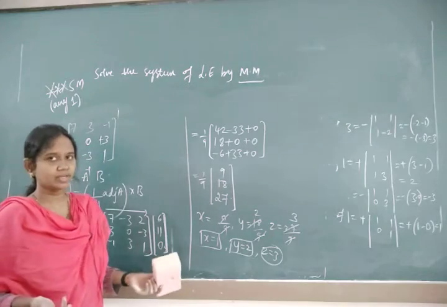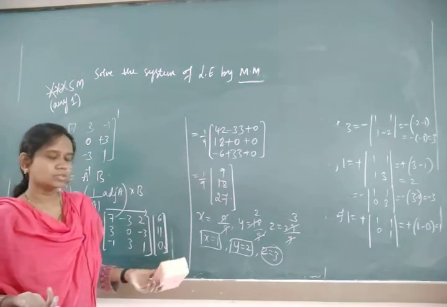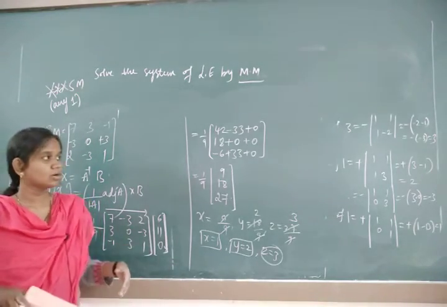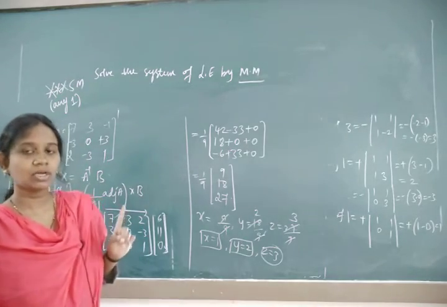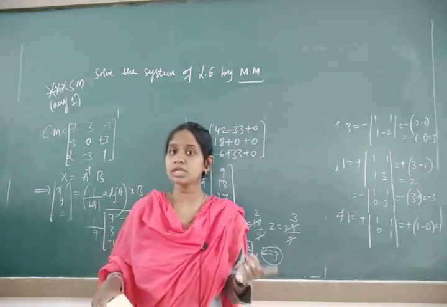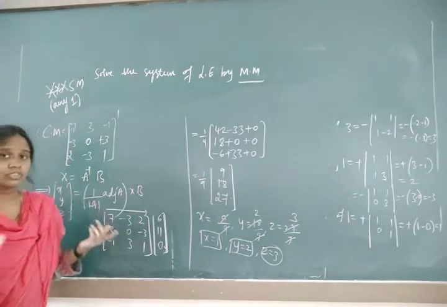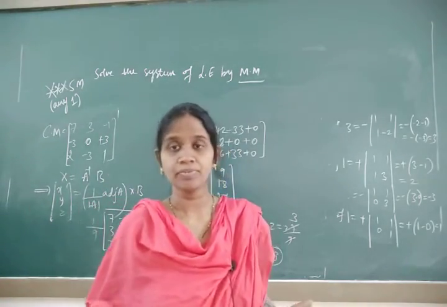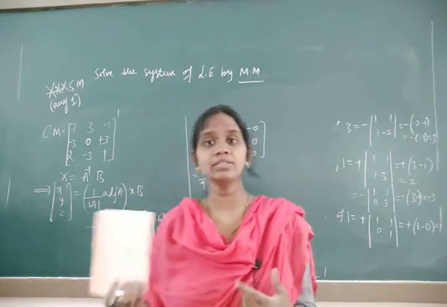You can have the verification by substituting in any one equation. There are 3 equations. You substitute x, y, z in any one equation, and you have to get the RHS. Okay, so this is about the 3 cross 3. Remember, in your examination they are going to ask about the 3 cross 3 problems itself. If the coefficient of y is not given, you have to write that one as 0. In this problem x coefficient was not there, so I had treated that one as 0.